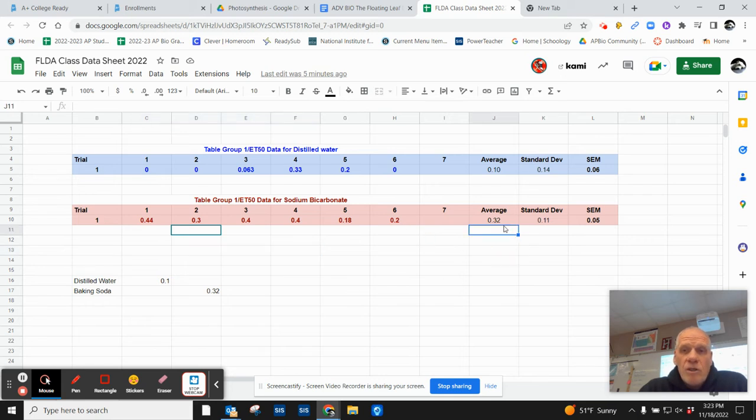The average was 0.32, standard deviation was 0.11, standard error of the mean was 0.05. Now, remember, I want you guys to create a graph with error bars with plus or minus 2 standard errors of the mean. So for this data set, plus or minus 2 standard errors of the mean would be 0.32, that's the mean,